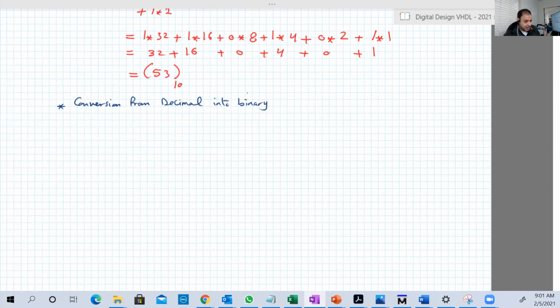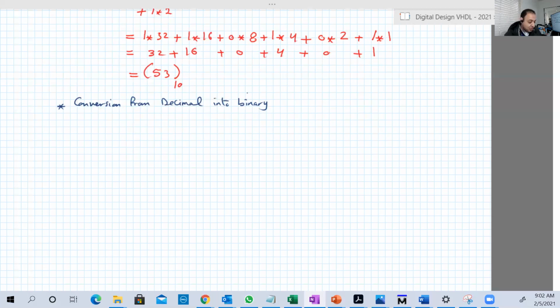If you have a number that has an integer part and a fractional part, real numbers I mean, then you will do both algorithms: the integer part, and then the fractional part with the other algorithm. Here, let's start with the simpler algorithm, which is to convert integer decimal